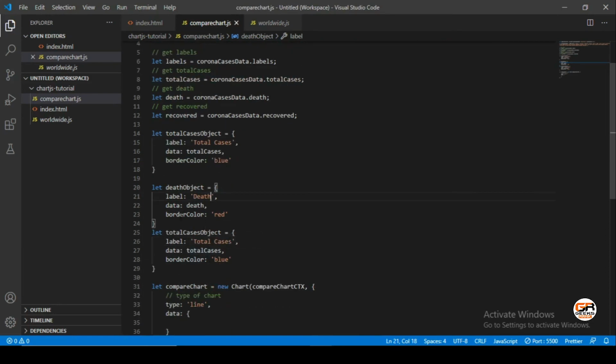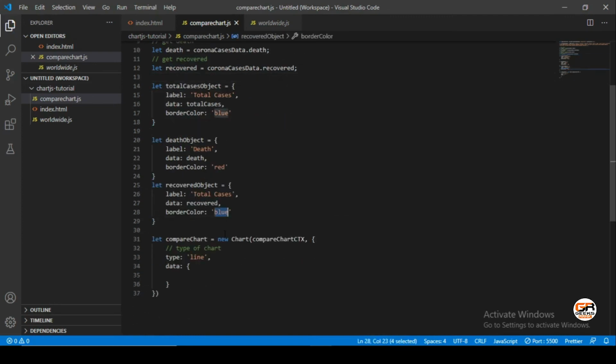And similarly, we will change the cases label for the recovered, copy, and for data, which is an array, just pass the data which we have already collected here, and change the color to green, which is recovered.